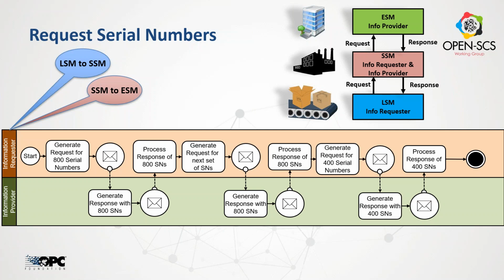So there's a pretty typical sort of thing. I'm going to ask for a set of these. I may not be able to get all that I need in one request. I may have to make multiple requests to it. There could be several reasons for that. It could be because I have internal memory limitations, or it could be because the sending system said, I'm only going to send you 10,000 or 1,000 at a time, and you have to ask for it in 1,000 block